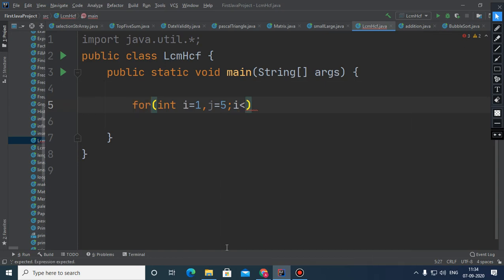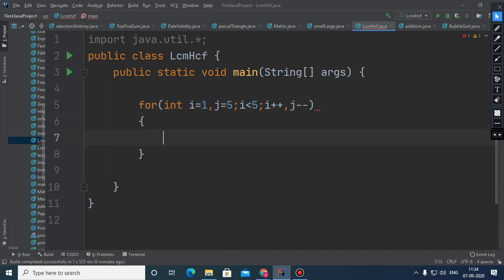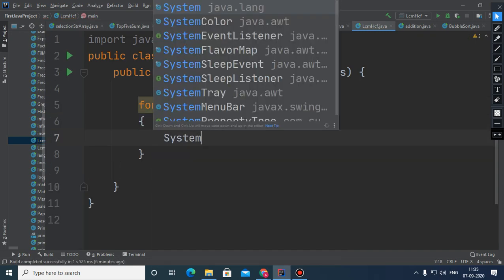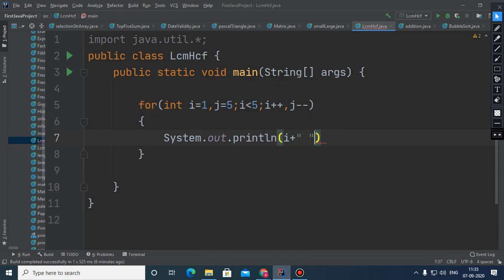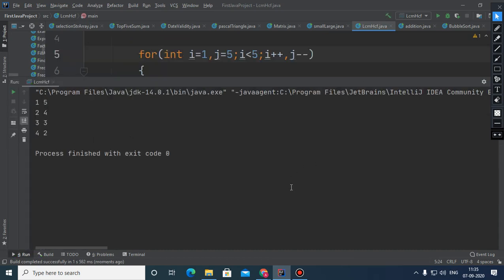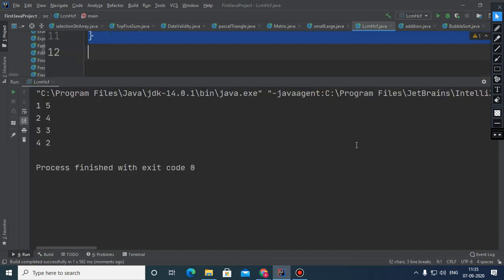So i is less than 5, and i plus plus and j minus minus. Now I would like to print this i and j. You will see that the values of i and j change simultaneously.